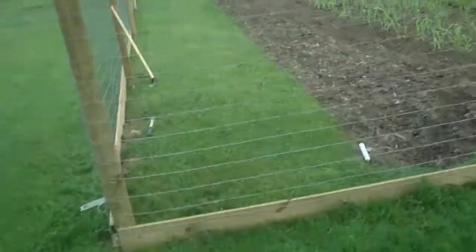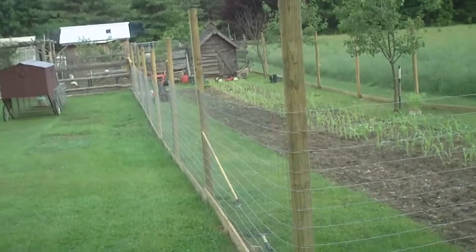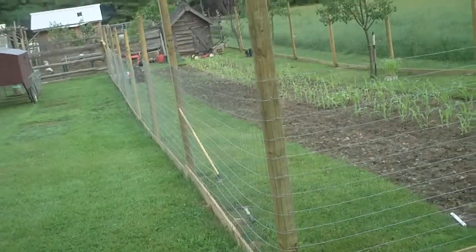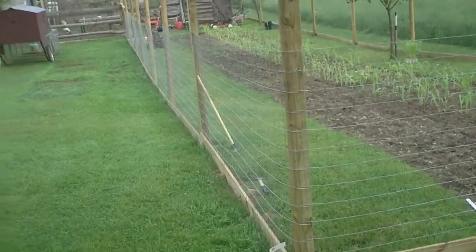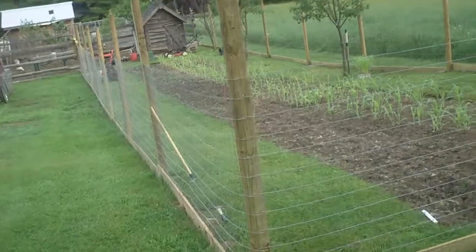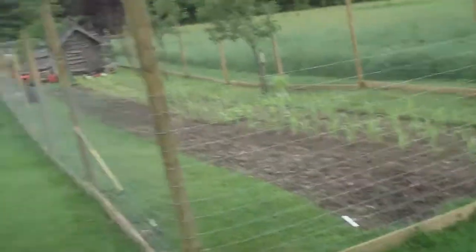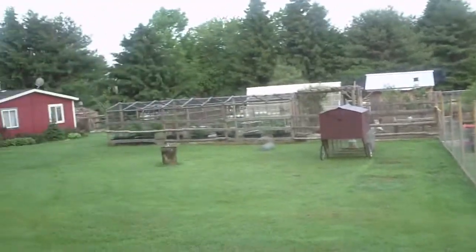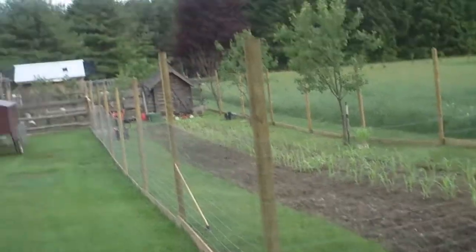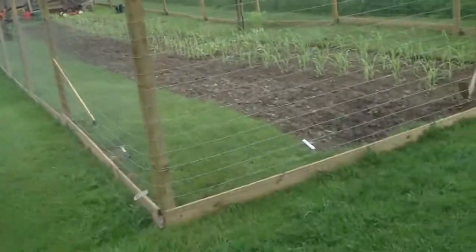Well, here's the fence I put up. Nothing fancy, just some pressure treated poles I got at Lowe's and some fence wire to keep the critters out. I got a lot of rabbit around here and deer, and they'll get in there and maul everything, so I had to put a fence up. Now I think I should have probably just fenced in my whole piece of property, because at the rate I'm going, I'm going to wind up being there pretty soon. So, well, anyway,